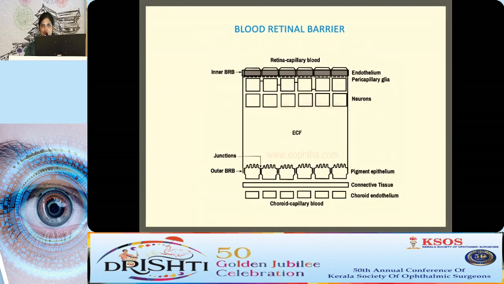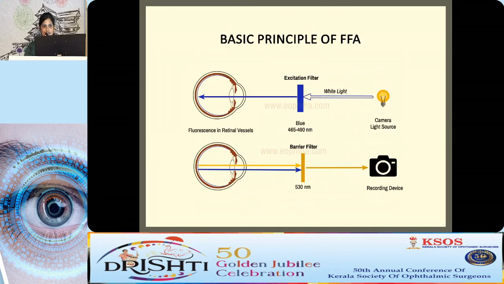So next thing we want to be aware of is the blood retinal barrier. We have two blood retinal barriers, inner and outer blood retinal barriers, which have tight junctions. The basic principle of FFA involves